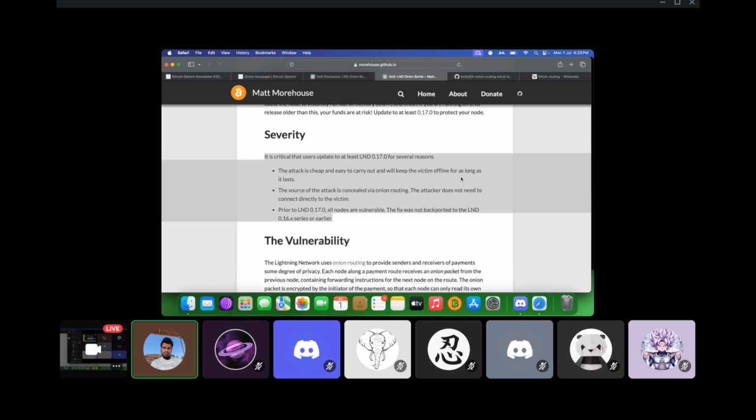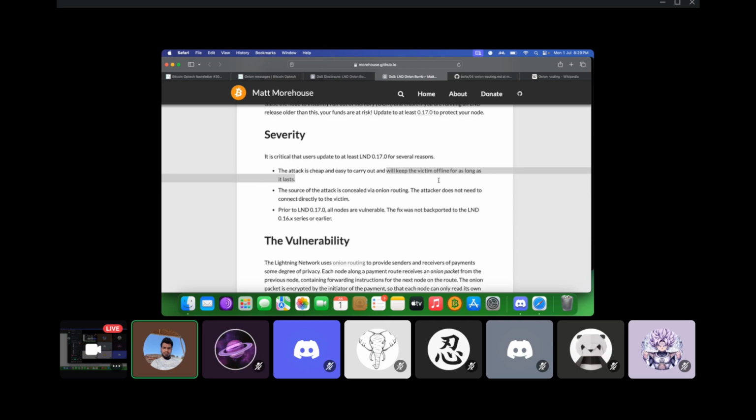You don't need to spend a lot of money, right? So for instance, if somebody wants to pull off a 51% attack on the Bitcoin network, they will have to spend an exponential amount of money, right? But this attack is very cheap. You just have to send one message with a payload and put a fake value of the length of that payload in the prefix, and that's it. You can easily crash the node. So it's a very cheap attack to perform. All right, and that is why attacks that are very cheap and easy to pull off generally have a very high severity.